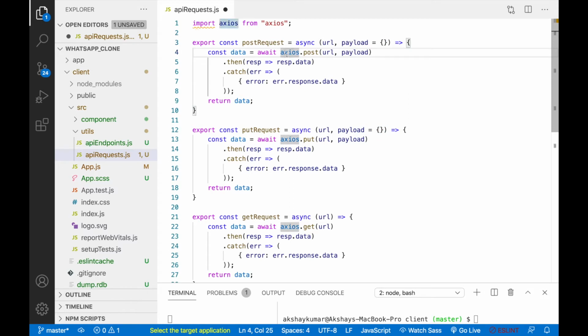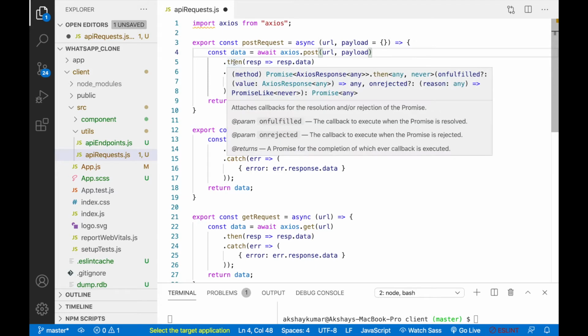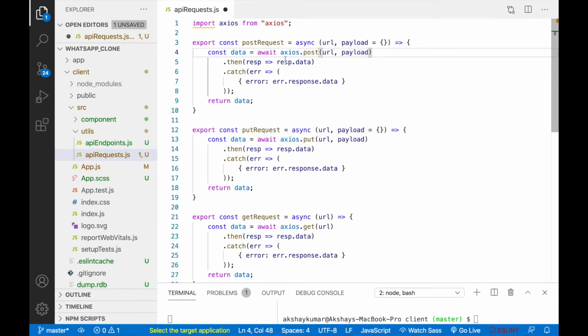So here we are doing await, and we're calling axios.post that will take URL and payload. And in the response we are catching .then response.data, and if any error is there, we'll just catch that error, and we are sending error as error.response.data, and after that we'll return that data.